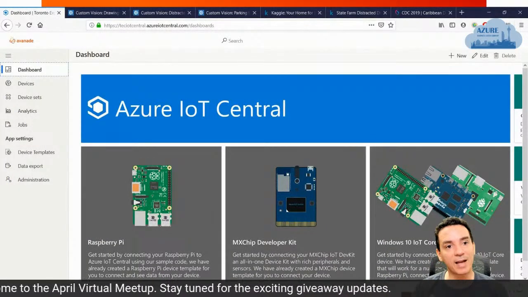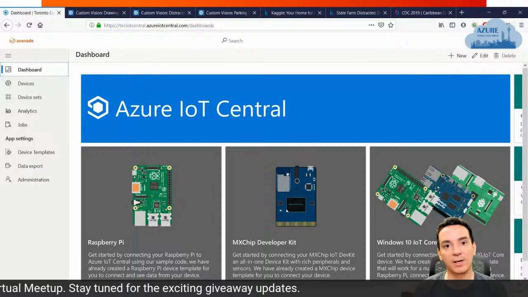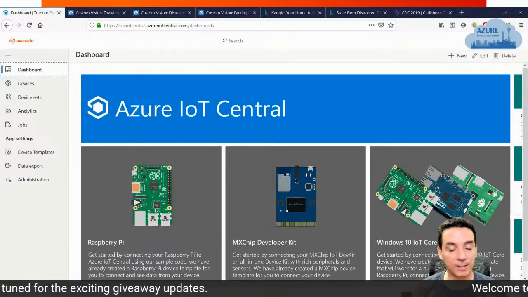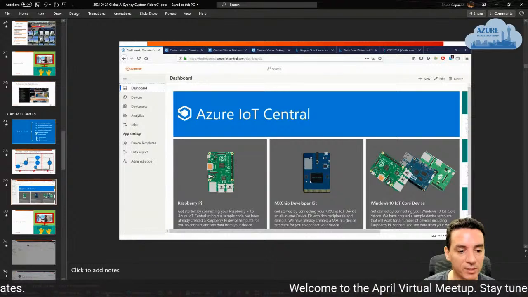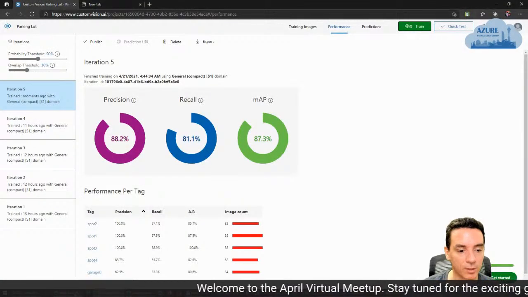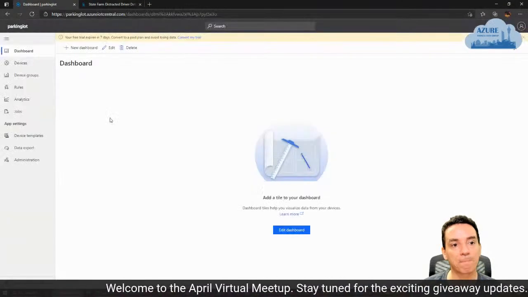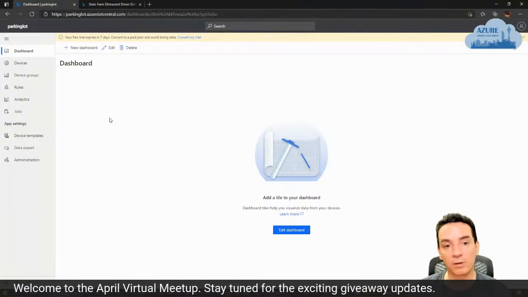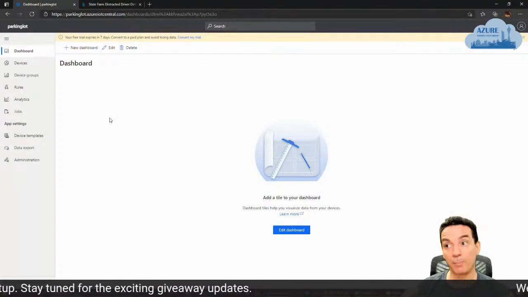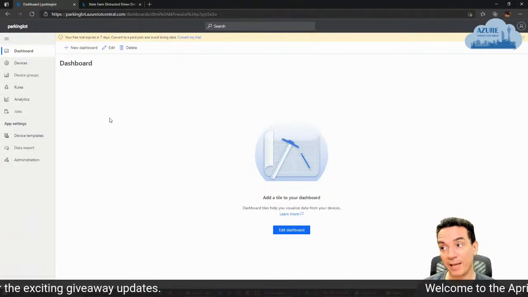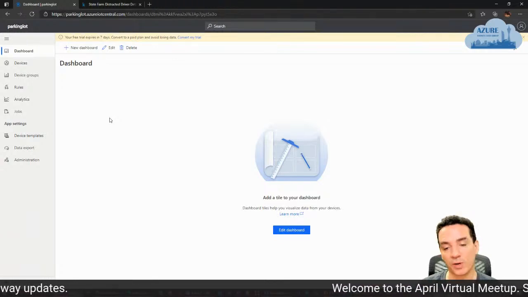So what I have here, I created a Central application, and I performed this step. Here I have a new application in Azure IoT Central. When you create an application, you have a couple of prepackaged templates that you can use, for example for retail.